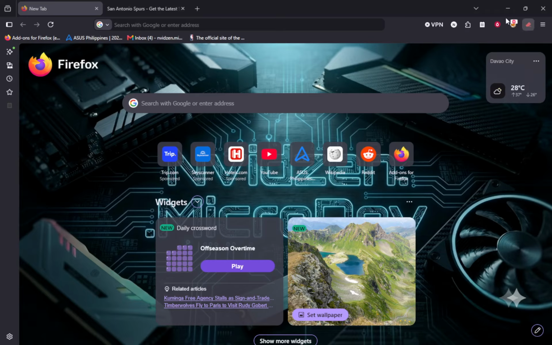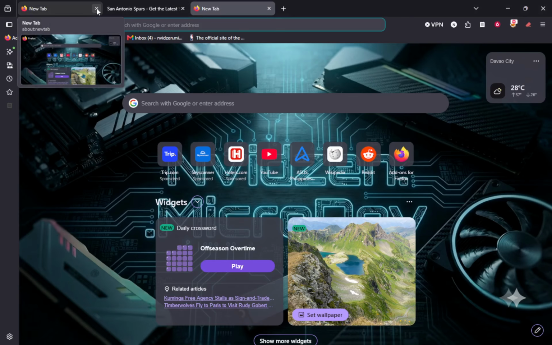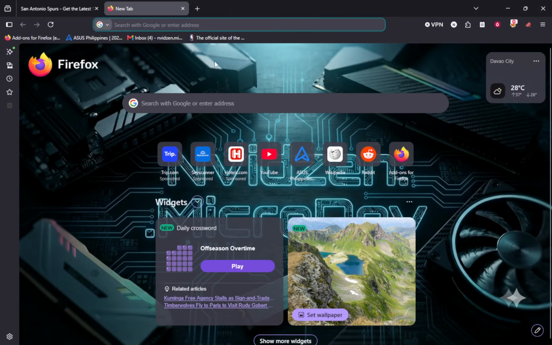If you have it pinned to your taskbar, click the Firefox icon there, or find it from your desktop or Start menu and open it. Wait until the main Firefox window is fully loaded, with the address bar across the top and your usual Start page visible. Once Firefox is open, everything we do next will happen inside this window.